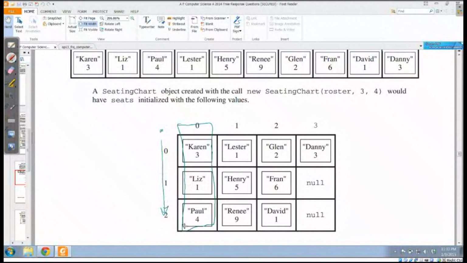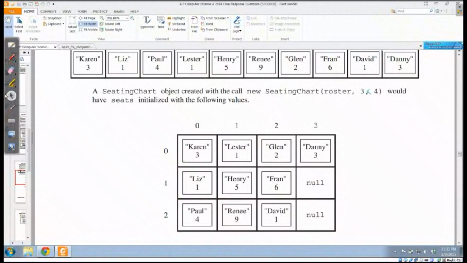And I need to make sure that a column is filled from the top to the bottom. So in other words, it's not our row and then column 0, column 1, column 2. It's the other way. It's column 0, we're looking at row 0, row 1, row 2. Then column 1, row 0, row 1, row 2. And notice, because I don't have 3 times 4, I don't have 12 students here, I'm going to end up with some empty spaces. And these empty spaces automatically get filled with null because they're not pointing to any particular